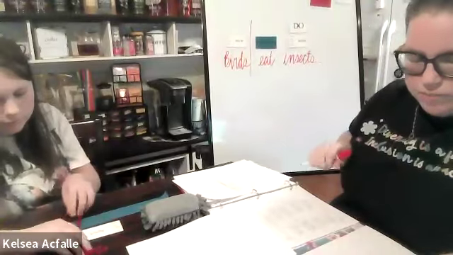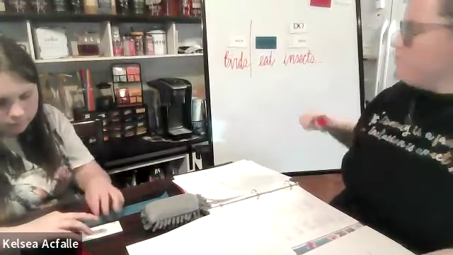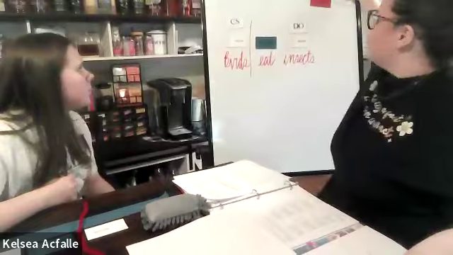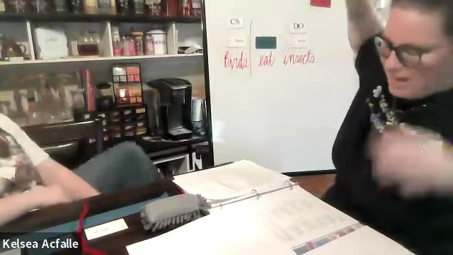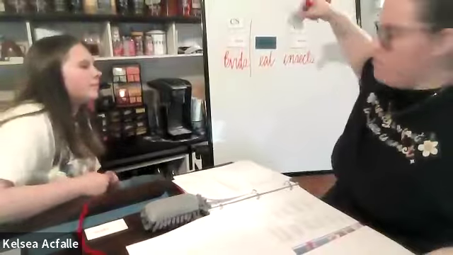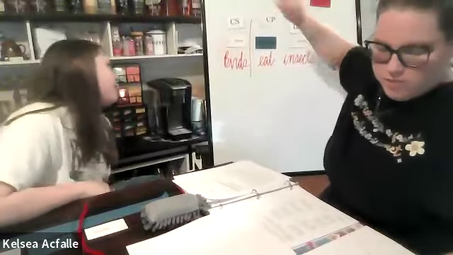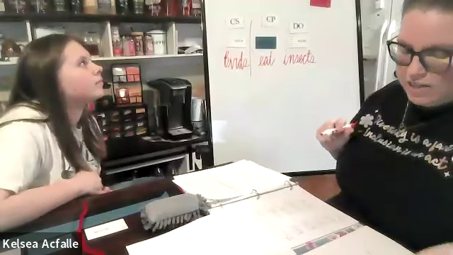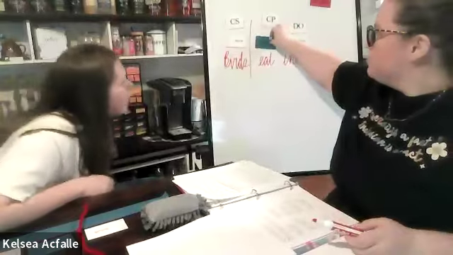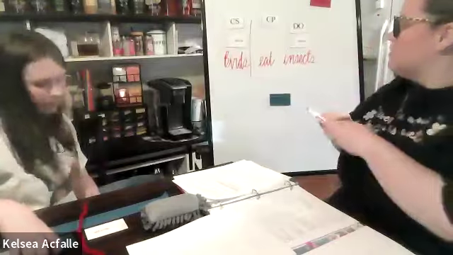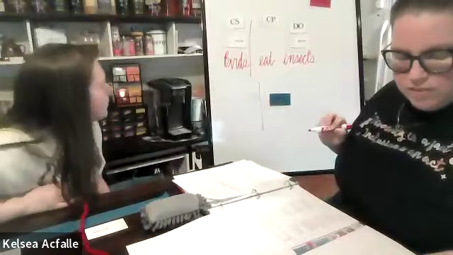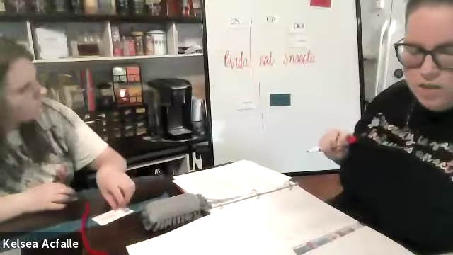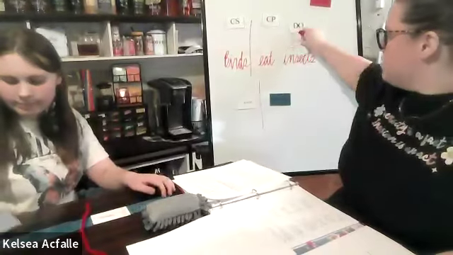Let's label down. Oh no, wait. Everything before the action verb is the complete subject. And the action verb and everything after it is the complete predicate. Good. Okay, let's label this down to our top line. What is the action of this sentence? Eat. Good. Who eats? Birds. Bird is our noun. Eats what? Insects. Insects is our noun.